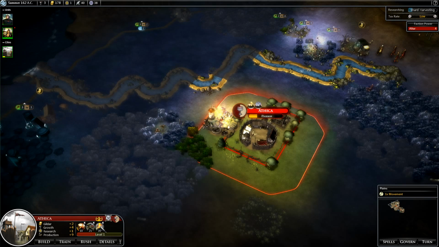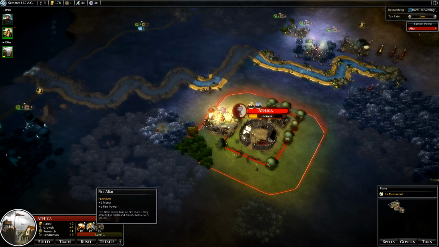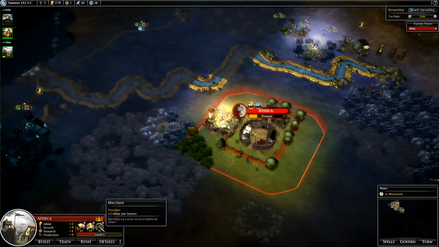Right now we're not hurting for money. I'm actually going to move that up. Which is going to provide us +1 mana and +1 firepower. So we're not really hurting for...